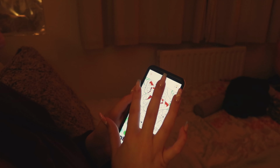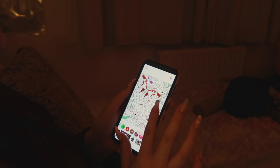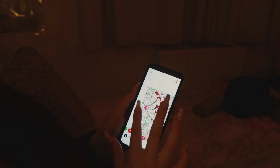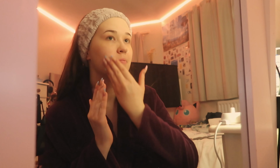There's something really therapeutic about it, and it might seem a little bit weird to some people, but I absolutely love doing this. So I just did this for around 20 minutes. I usually do this whilst I'm watching a program because I always feel like I have to keep my hands busy. So after I remove the sheet mask, I like to just rub the essence into my skin,